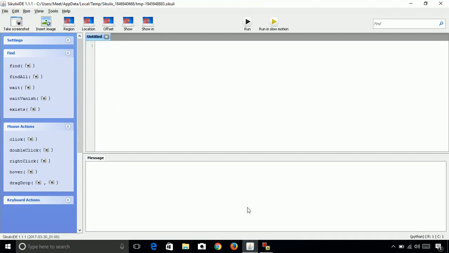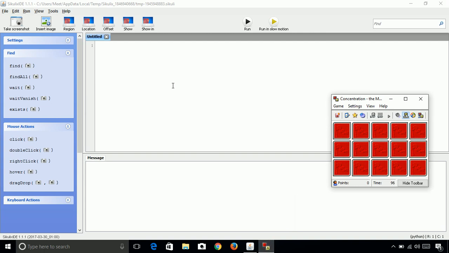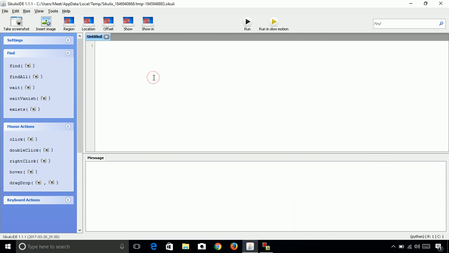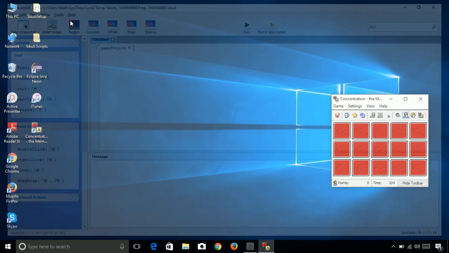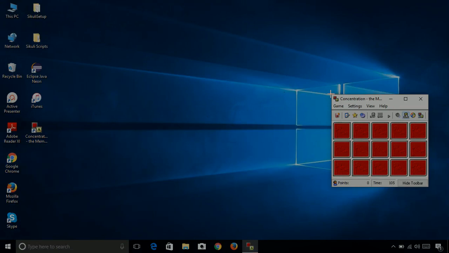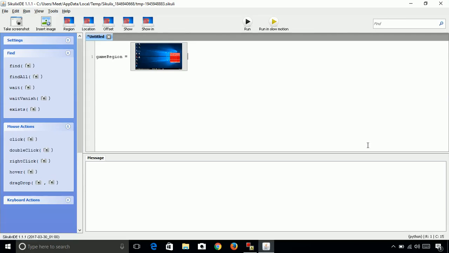To make the automation script for that game, first we need to define the region. So let's define the region, that is the game region, and let's drag a box over that game window. So this is our game region.